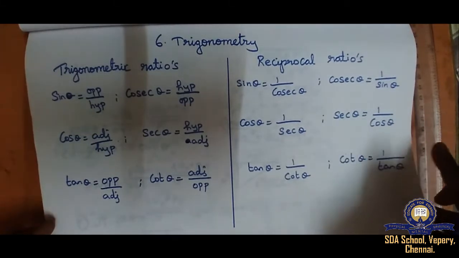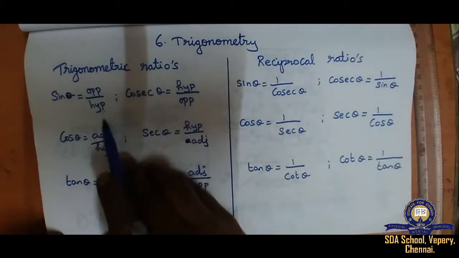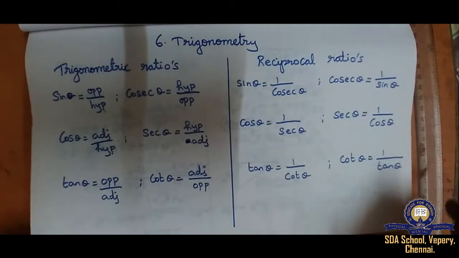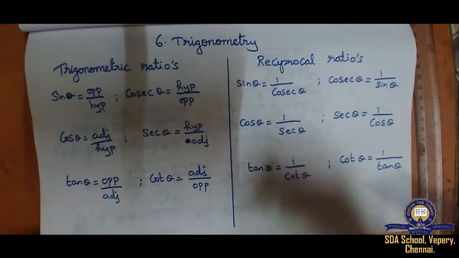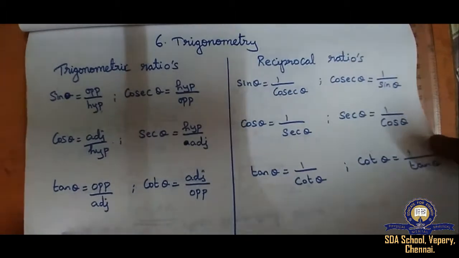Now this is a recapitulation. Please remember the order and the formula. The only thing you need to remember is these two. If you remember these two, all other things you can easily write down. While doing the sums, write down all the formulas, then start doing the sums so that it will be easy for you to proceed with the sum.